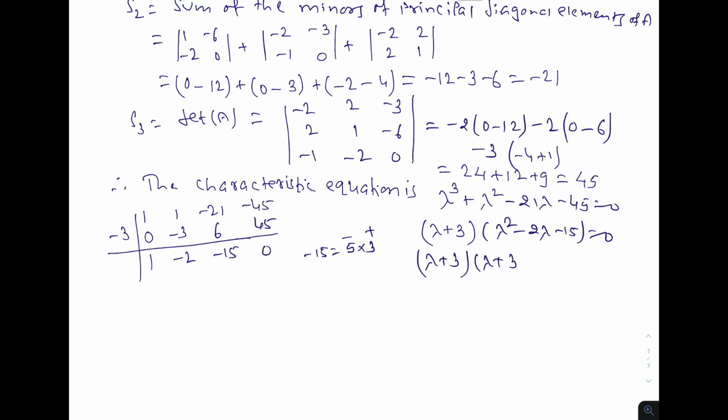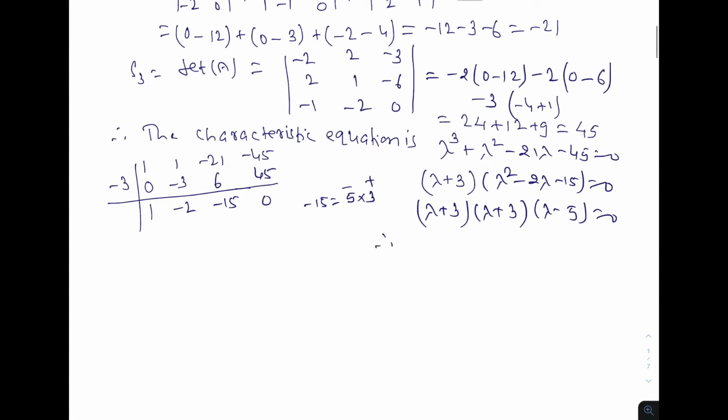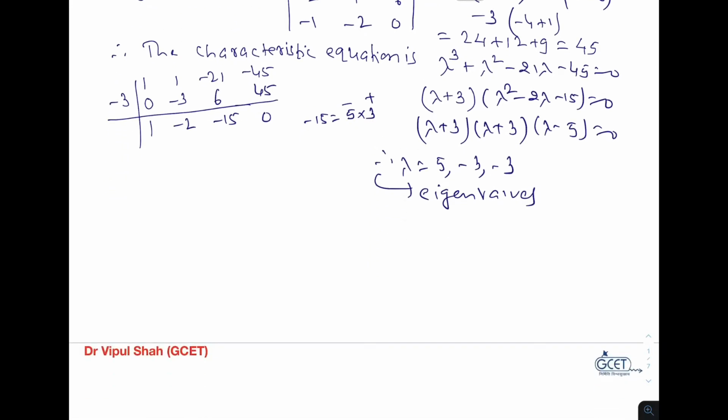So lambda plus 3, lambda minus 5 equal to 0. And therefore lambda equal to 5, minus 3, minus 3. So these are the eigenvalues. Now we need to find the eigenvector corresponding to each eigenvalue. So for eigenvector,